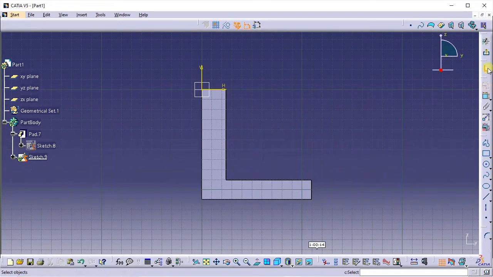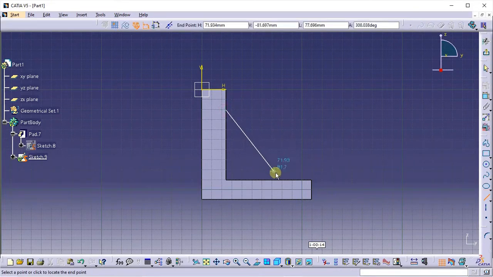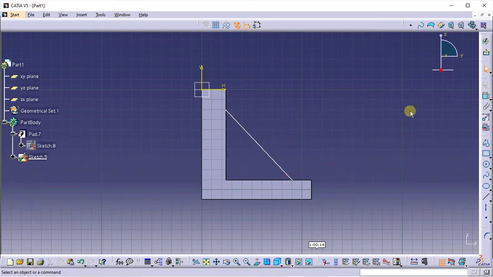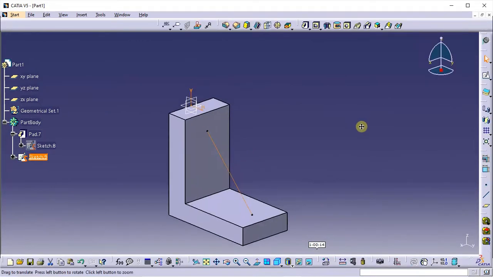So I select a line from here to here, and I exit my sketch, and I select